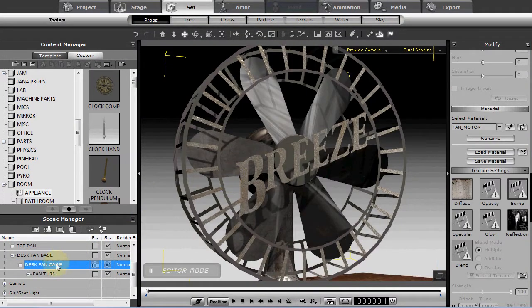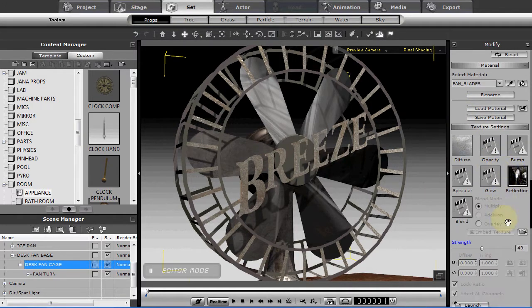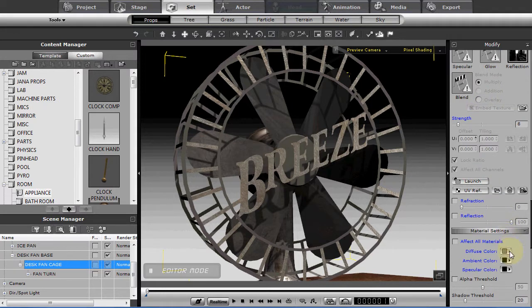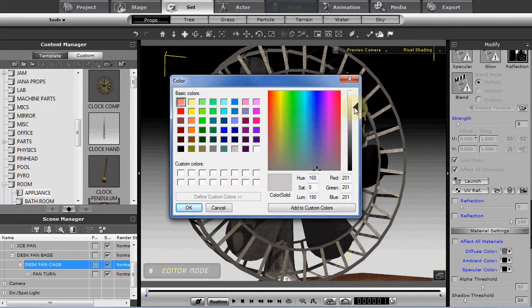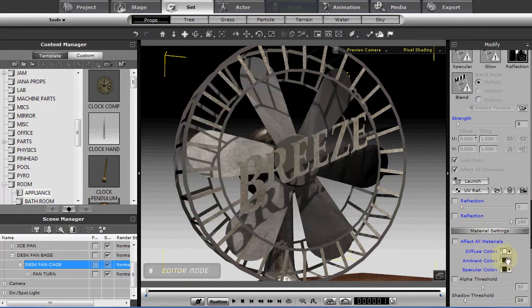Okay, let's locate our fan blades. They are part of the desk fan cage portion of our model. And there we have the blades. And there is a texture there. And there is our reflection. Turn it off. Once again, we'll change the color value a little brighter so we can see what effect we're